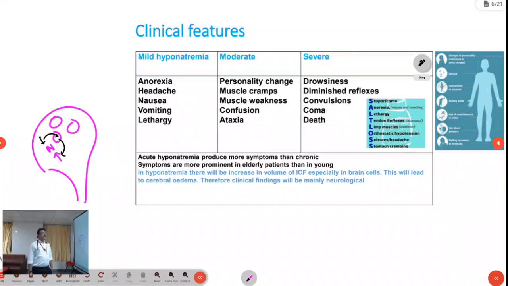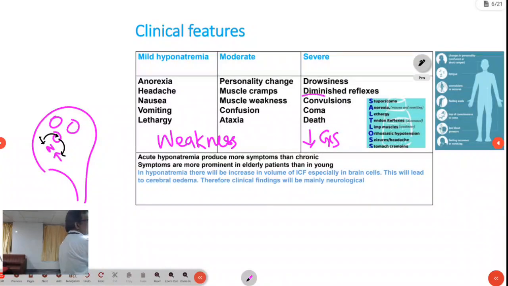Moderate hyponatremia, you can have personality change, muscle cramps, muscle weakness, confusion, ataxia. Severe hyponatremia will produce drowsiness, diminished reflexes, convulsion, coma, death. So remember, weakness, neurological weakness, not specific neurological weakness. Weakness is the main problem in hyponatremia, and low GCS